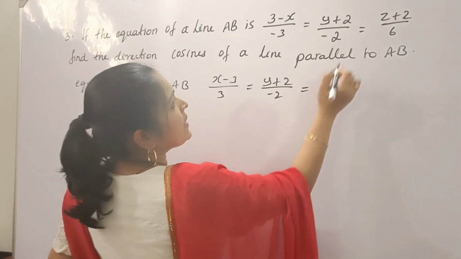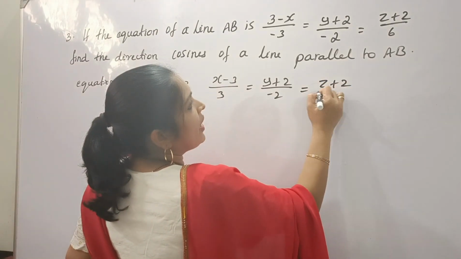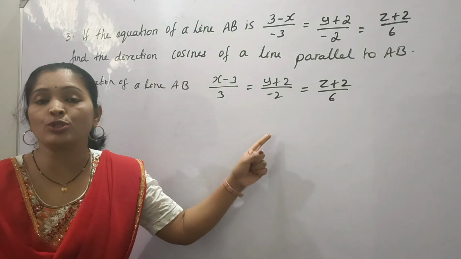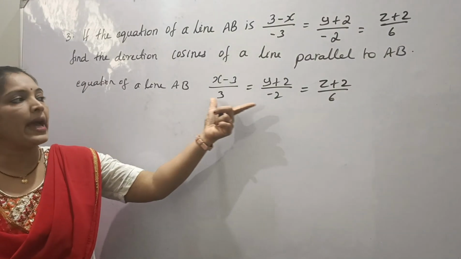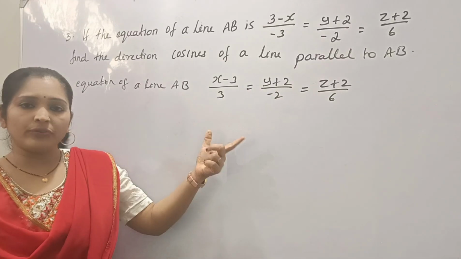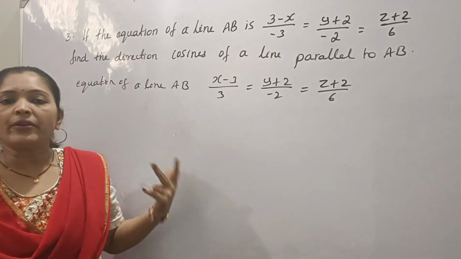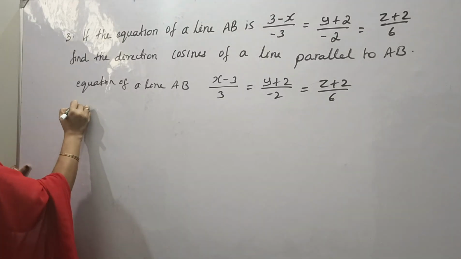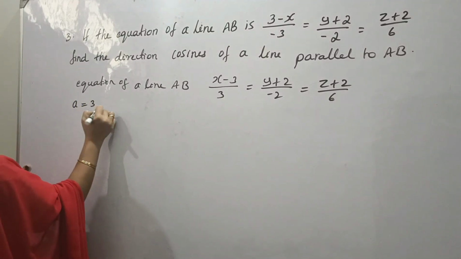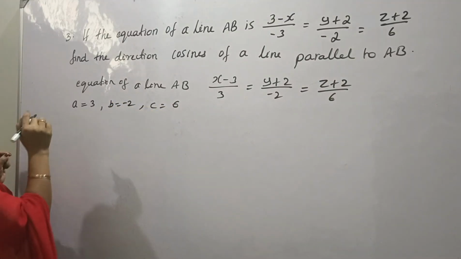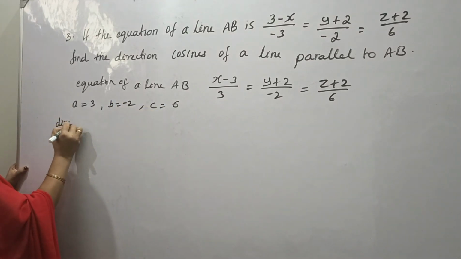Okay. Is equal to z plus 2 divided by 6. Now here we have direction ratios of AB. Right? Direction ratios of AB: 3, minus 2, 6. So if there are direction ratios, then we can find direction cosines. Right? So here direction ratios, let A is equal to 3, B is equal to minus 2 and C is equal to 6. Therefore direction cosines